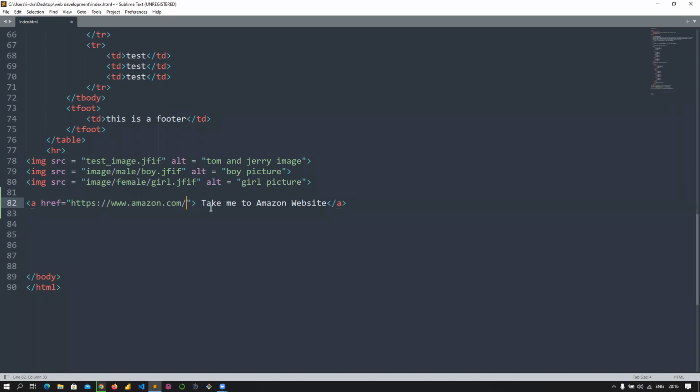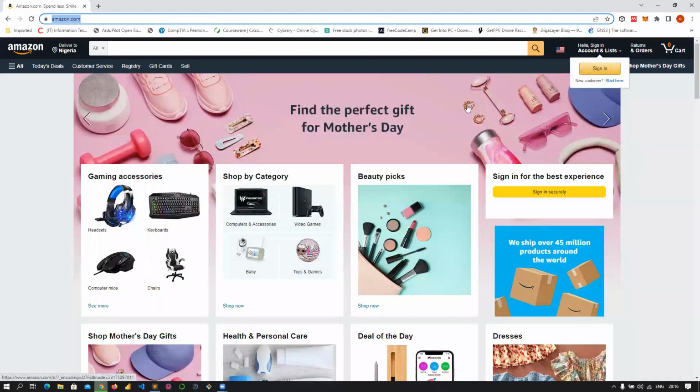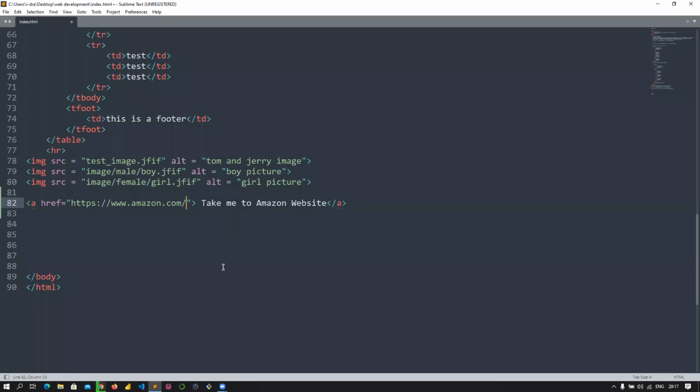Don't forget, the text can be anything. It can be take me to Amazon, or it can be just Amazon. Also, when you go to a web page, you see different links, such as today's deal, customer service, registry, gift card, sale. These are various links on your web page, and that can also be made possible using the anchor tag. It means that if I click on today's deal, which is the text, it leads to another page. In this case, for instance, this is take me to Amazon website. I could also replace that text with